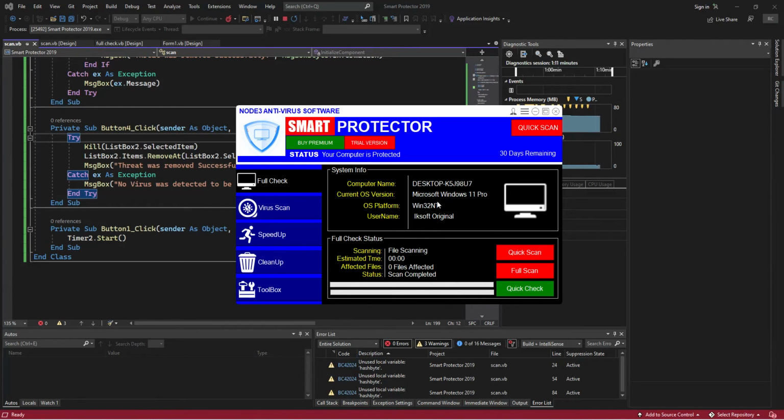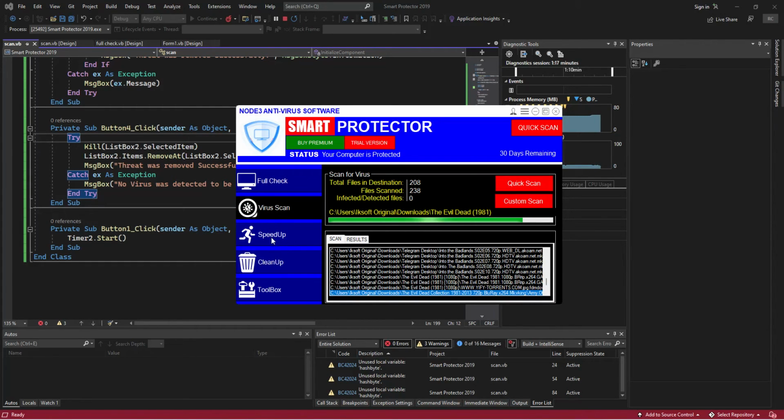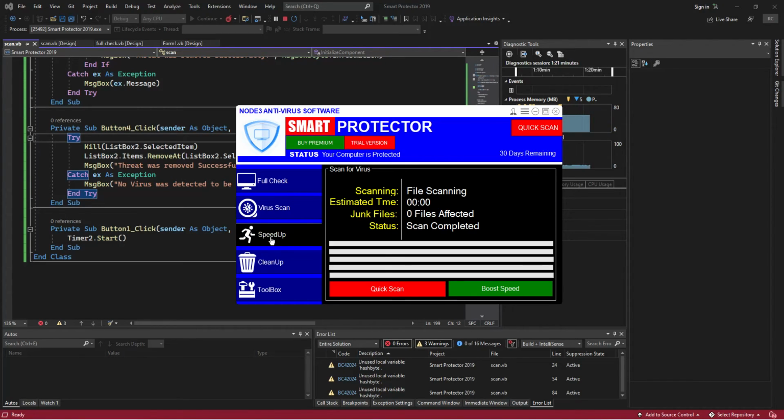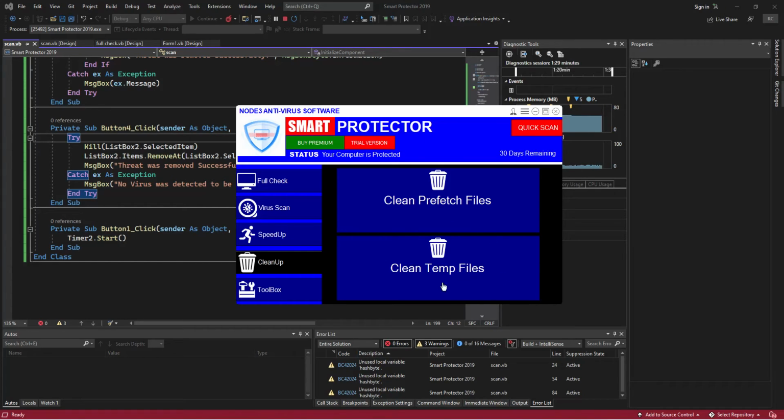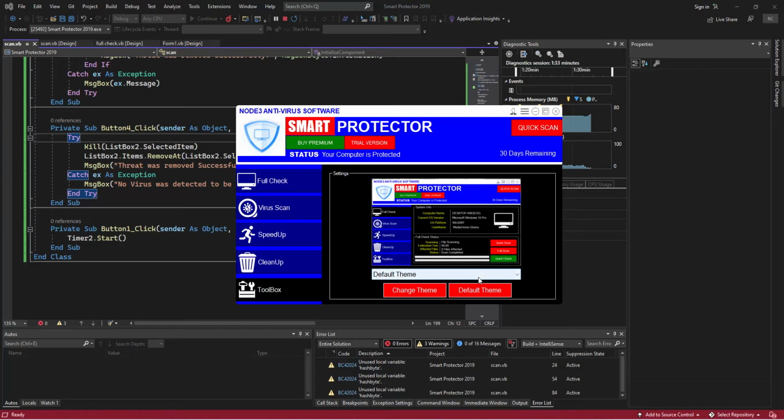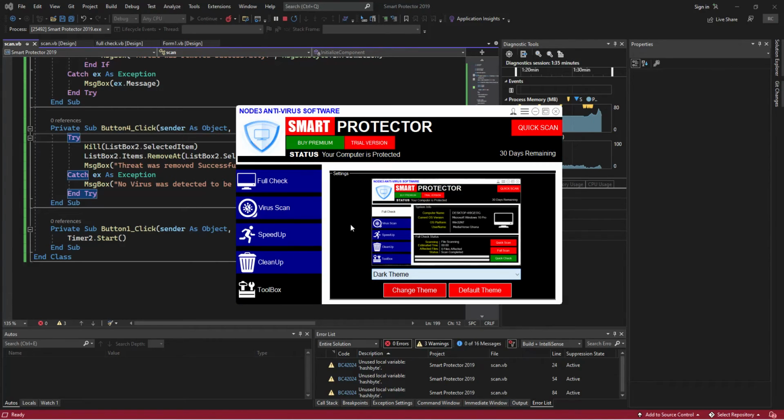Or here is just gonna display some basic information, then we use this as the main virus scan. Then the speed up, we just try to clean up our temporal files, and we boost our RAMs and some kind of things like that. And also with the clean files, just going to do the prefetch and then the clean temps and all that. And then with the toolbox as well, well, we already have these guys, and